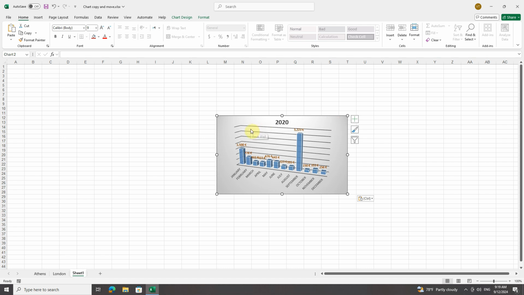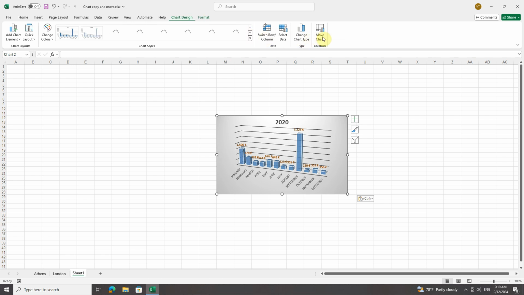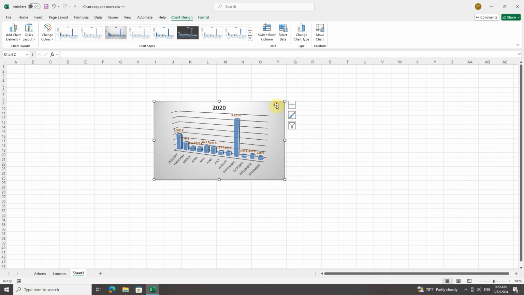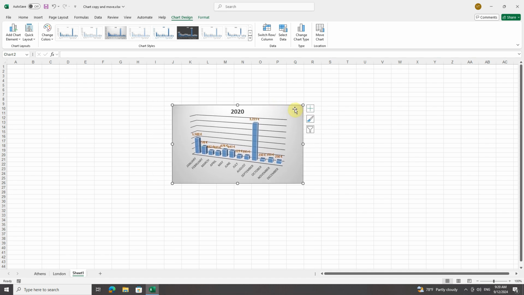Also, this process is not the same as the move I did earlier using the move tool to a new worksheet. When I used the move tool button, a new sheet was specifically created for the chart in a different way. This is different. Here it's a move with a cut and paste as you know it, so the chart is moved as an object of the worksheet. The same process now works even if you want to move or copy the chart to